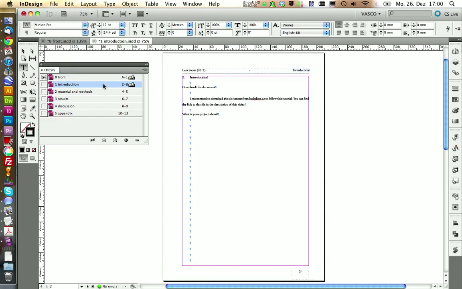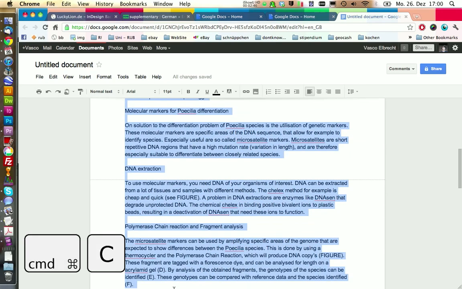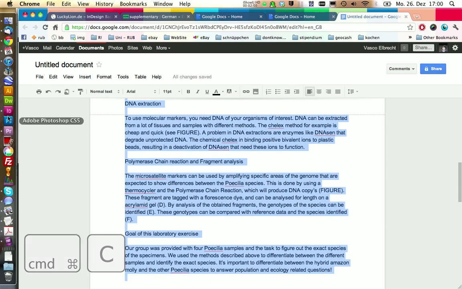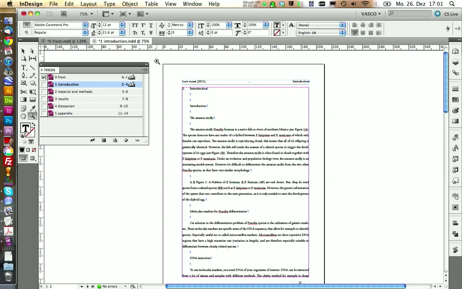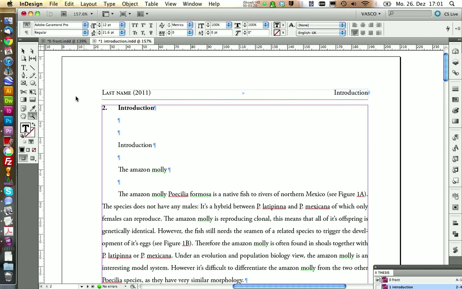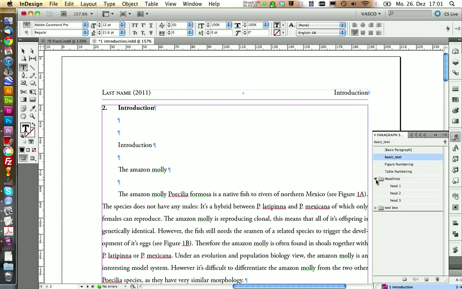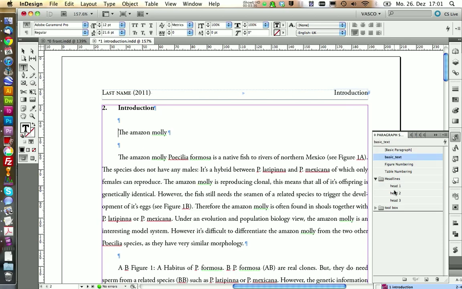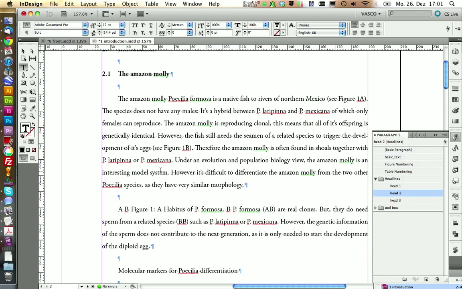Let's also put some stuff onto the next pages. We go back and we copy the rest. Because now I can also show you how to create numbered headlines in InDesign. Let's move this out of the way. We can delete the introduction in here. So the first headline would be in here, head 1. This would be the first level, but we already have this above, so we can delete this one. And now this should be the second level, and we go on.